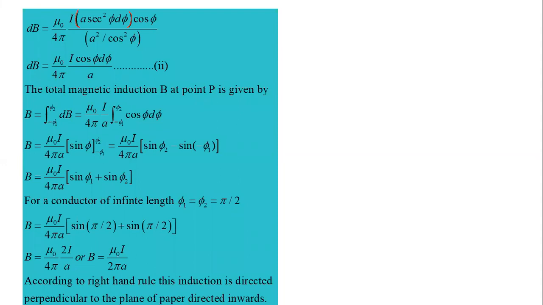Now here, we can write the same equation like this: mu 0 divided by 4 pi as it is, then a sec square phi d phi into cos phi, divided by a square. 1 by cos square phi is equal to sec square phi. Now this sec square and this sec square get cancelled, and one a from a square gets cancelled, so we get this term